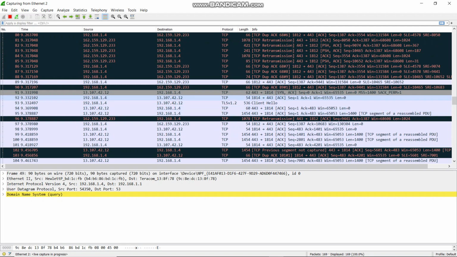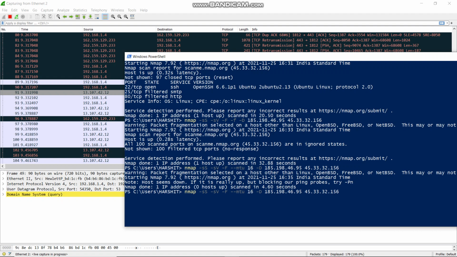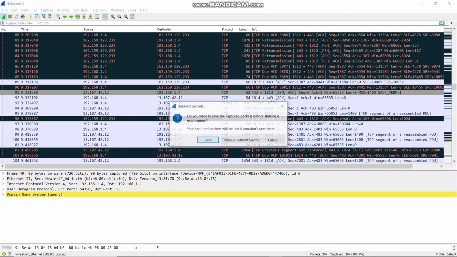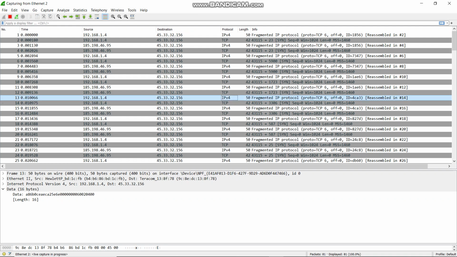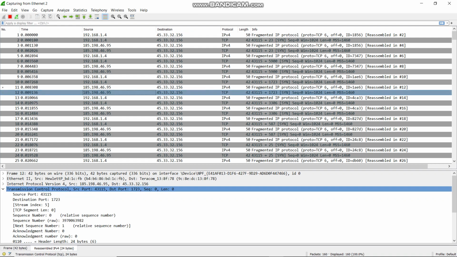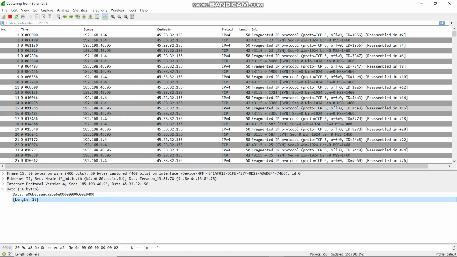Let me send it. Let's see. Here you can see it is fragmented. This is the random IP. This one again is my IP. This is the fragmented IP, or you can say the random IP I used in the decoy technique. This IP is fragmented and the data length is 16.